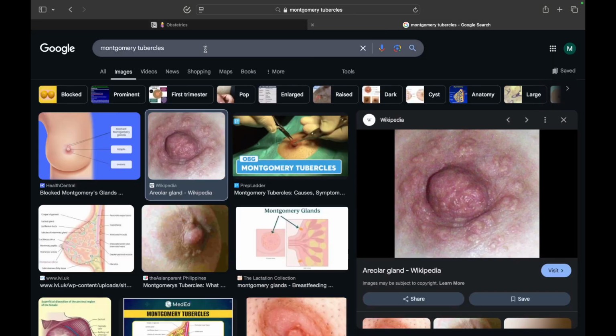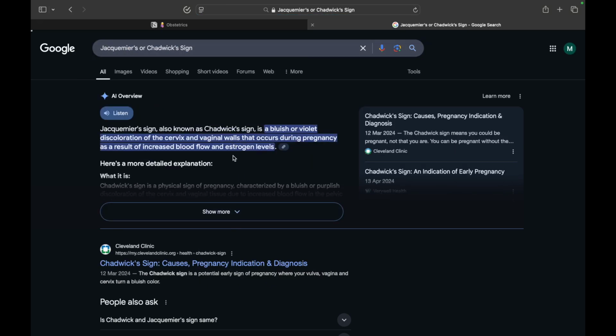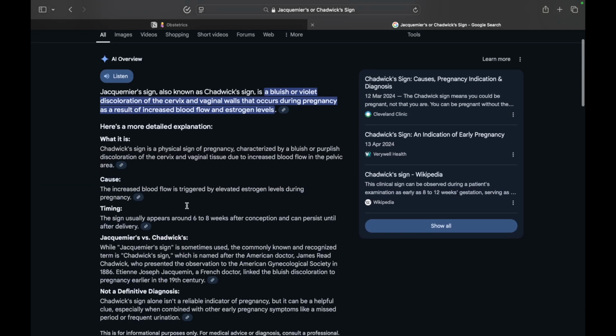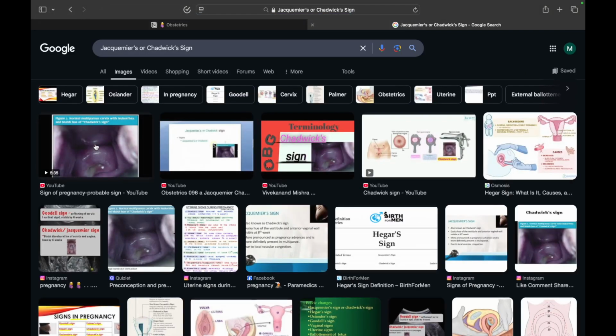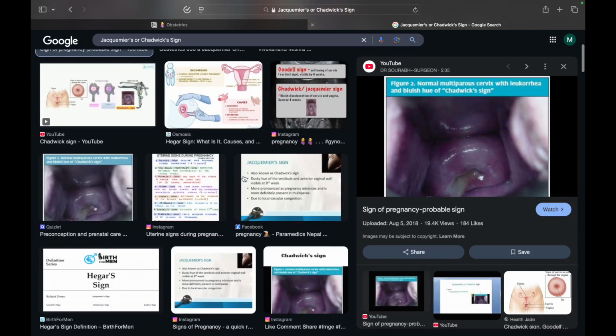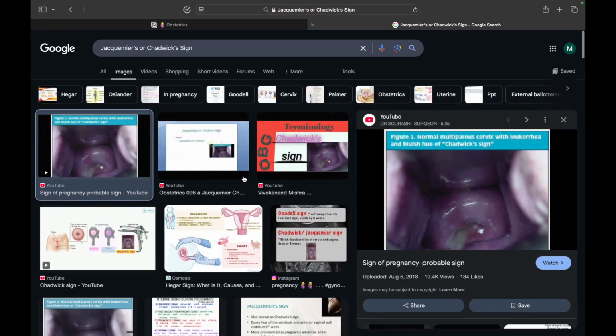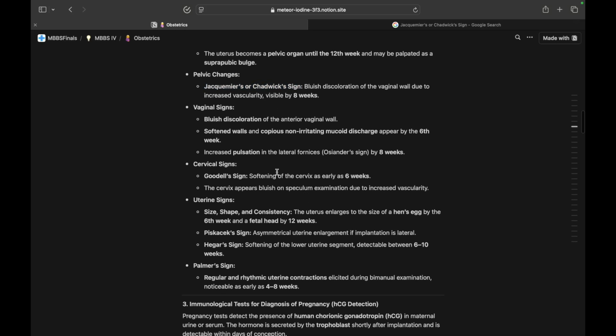Let's see this in this one. A bluish or violet discoloration of cervix and vaginal walls. I just wanted to make sure that what I have written is correct. You can see bluish discoloration, that is Chadwick sign, Jacquemier's or Chadwick sign. Next, vaginal sign, bluish discoloration of the anterior vaginal wall,